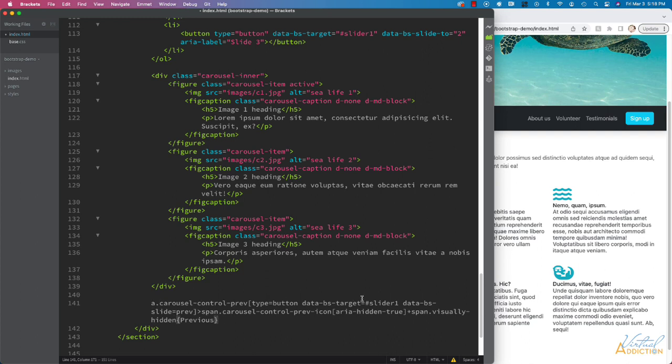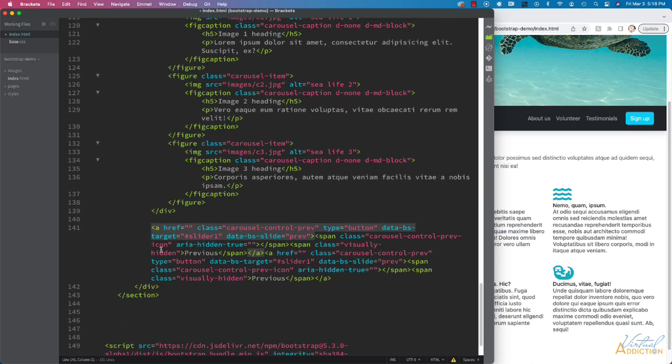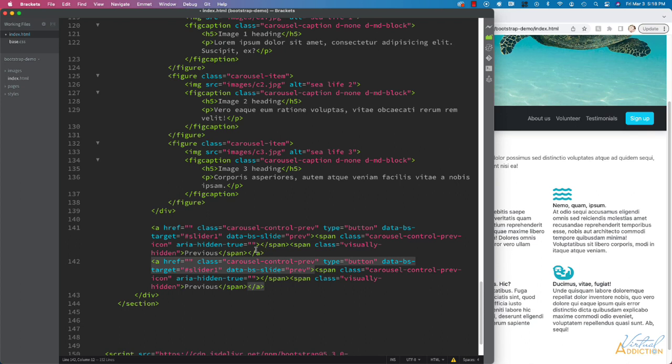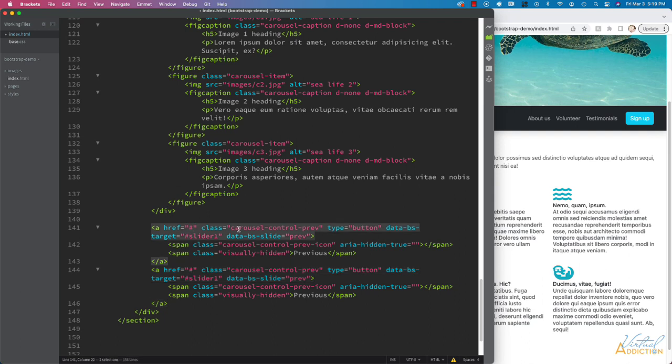So I'm going to go ahead and do that, and we actually want to have 2 of these anchor links, so I'm just going to multiply that by 2, and as you can see, I have my A elements right here. And again, let me just clean up my code to make this a little bit easier for us to see and stay organized. That looks pretty good, and we'll make the href values for these links just be null links. So I'm just going to go ahead and populate those with the hash,